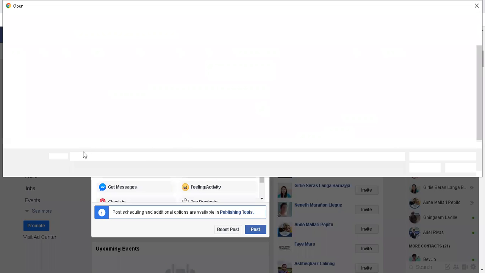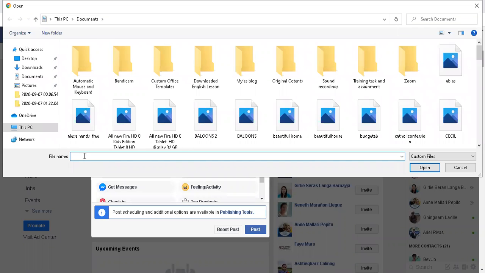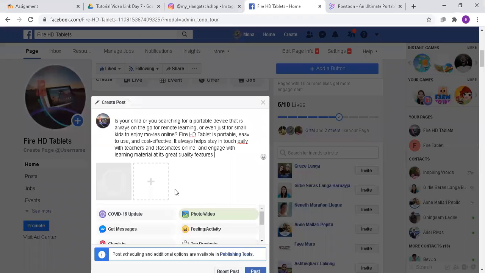Okay, so in creating a text ad, you don't have to lengthen your words. You just have to make sure that it is full of content.